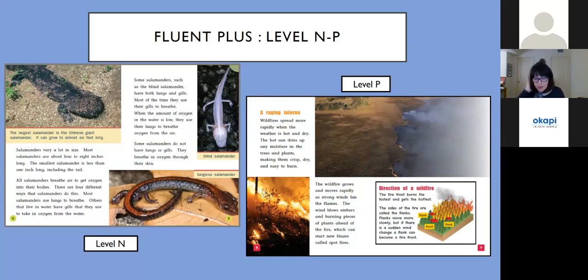We want them to learn to use genre as a way of organizing their thinking, anticipating and organizing. And then also becoming more aware of the kinds of language that they're running across in these books